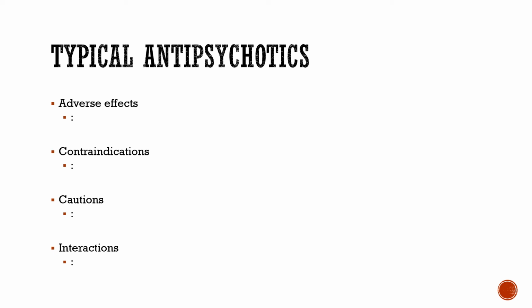Both typical and atypical antipsychotics can potentially cause extrapyramidal effects, which we'll talk about here in a second, also known as EPS. But typical antipsychotics are far more associated with EPS, or extrapyramidal effects. We'll talk about those here in a second, and you'll really get into those with psych. We're going to touch on them here. I don't expect you to know everything about it. I just want you to know a little bit so you understand these medicines better.